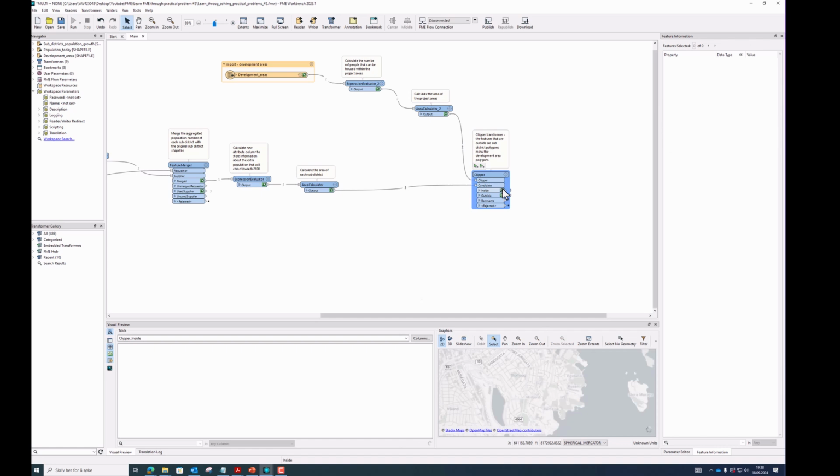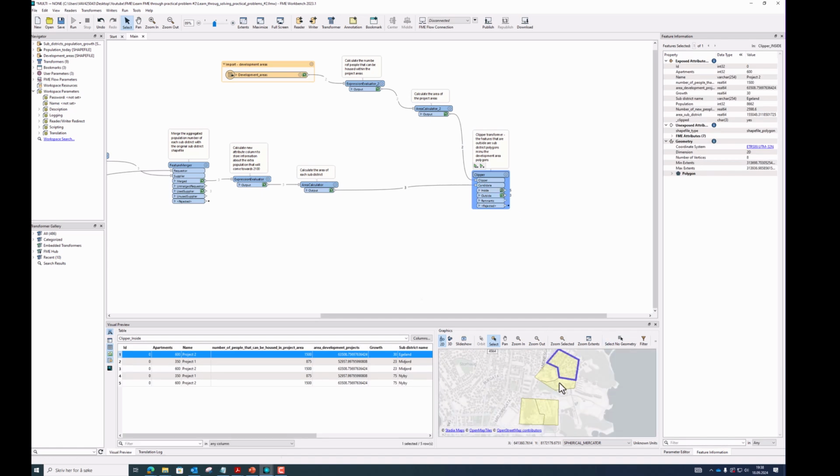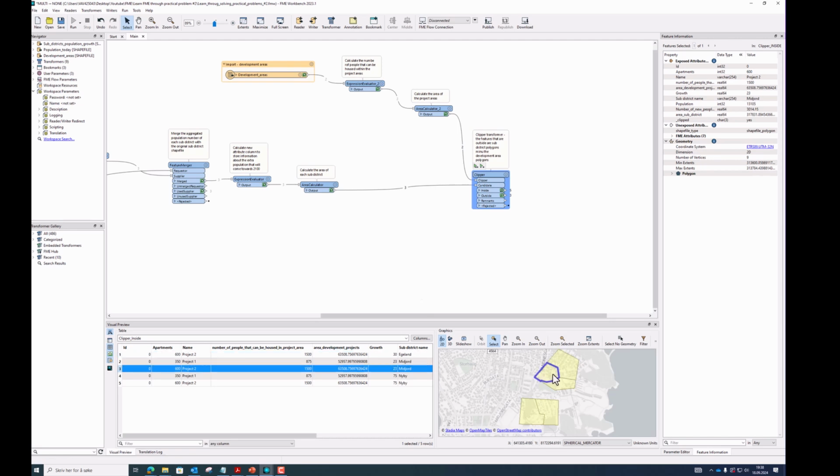And the ones that are inside are the project areas divided by the subdistricts. So you can see that the one I have highlighted here is in this subdistrict, this one is in that one, and as you can see,